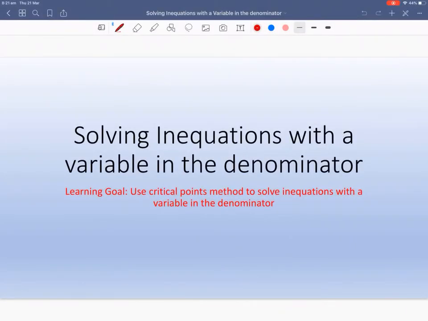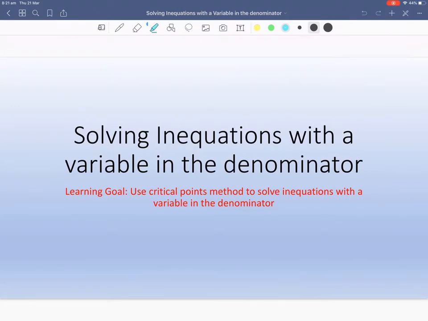All right, so today we're going to solve inequations with a variable in the denominator. Essentially, it has an x in a denominator and there's an inequality, okay? And we're going to use one method. In actual fact, there's about 5 different methods that you can use to do this, but this is the one